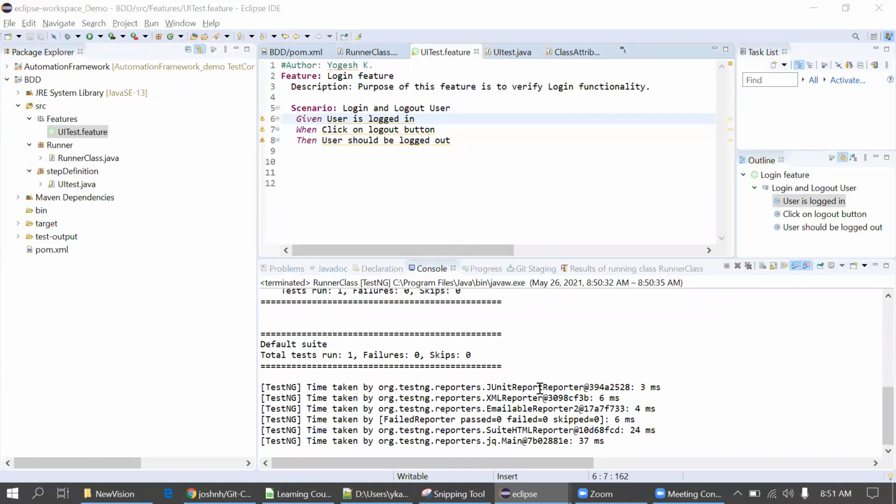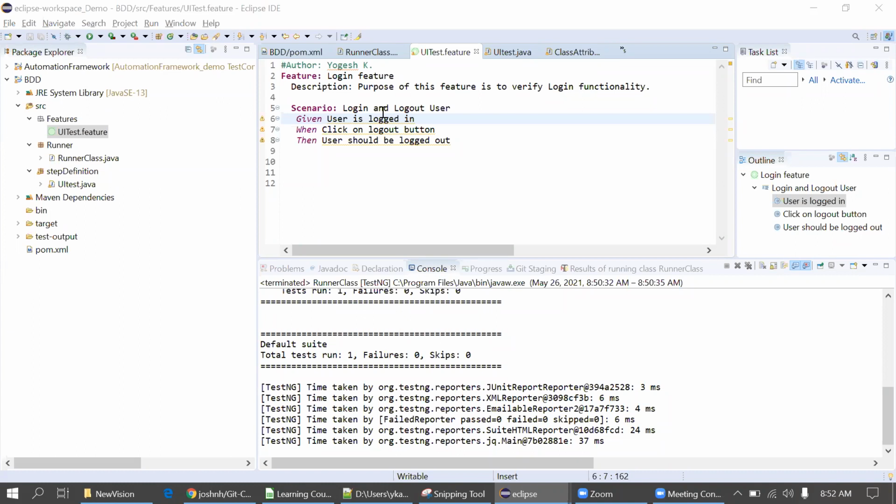Given is actually the precondition, a prerequisite in simple words. When is the action, and then Then is the verification.